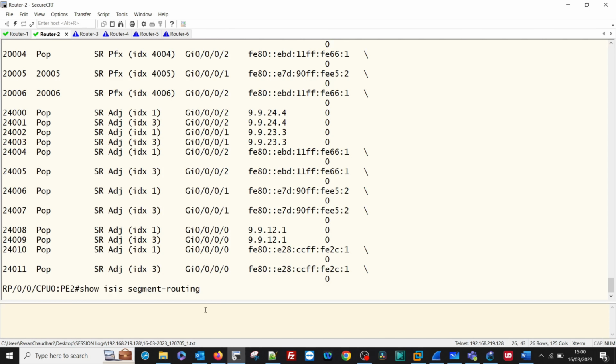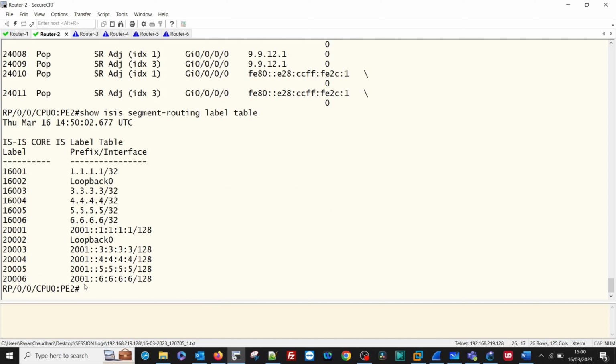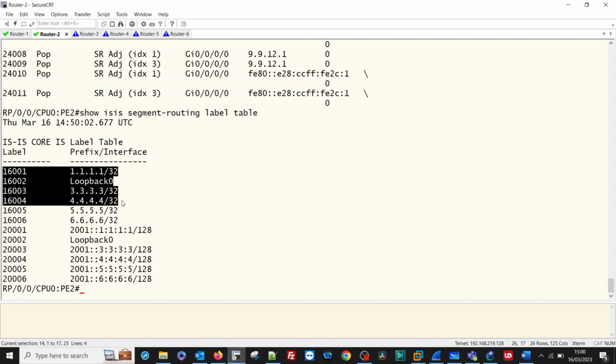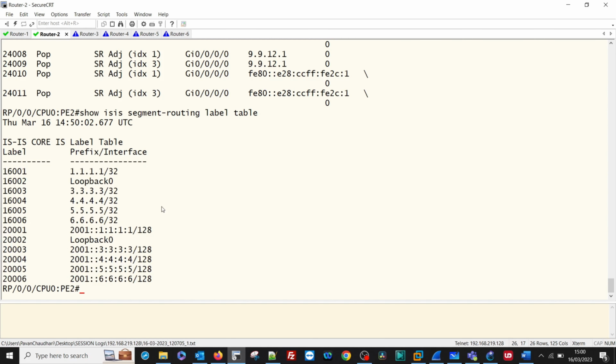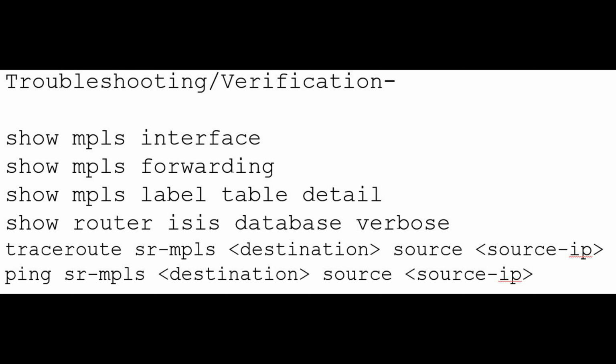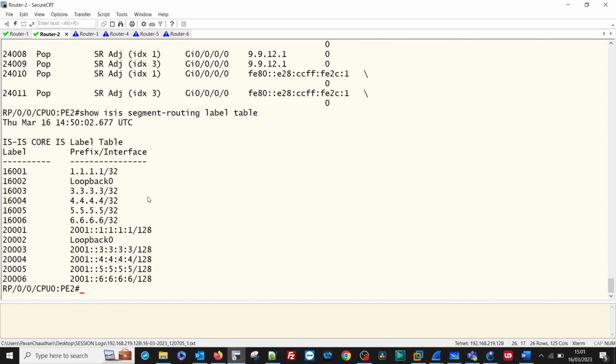Show ISIS segment routing label table. So it will populate all those values. For R1 it is 16,001, for R2 it is 16,002, for R3 it is there, for R4, R5, R6, and this is for the IPv6 segment. And you can see the